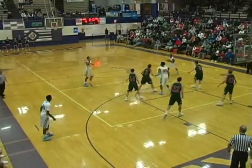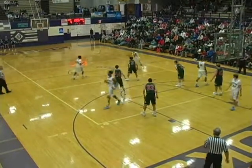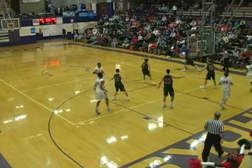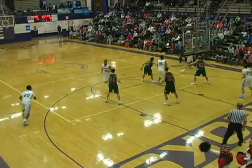2:15 to go, tied at 4, first quarter of action. Yeah, we're just a 3 away from getting this crowd really back into it and on the side of the Railers. We got to get another stop here and a rebound, and hopefully we can get a good shot on the other end. Reddick, Sylvester,